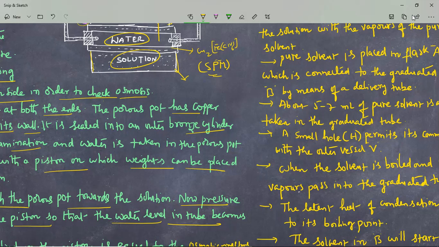That means in this method the concentration remains the same, and there is no strain in the manometer and the danger of breaking the manometer is eliminated. That means you can find the osmotic pressure, that means the external pressure, using a manometer, and the manometer also does not get any kind of strain in this method. That's why it is the best method, we can say. So after that, Van 't Hoff introduced the Van 't Hoff laws of osmosis. Okay. Now let us see the next one.